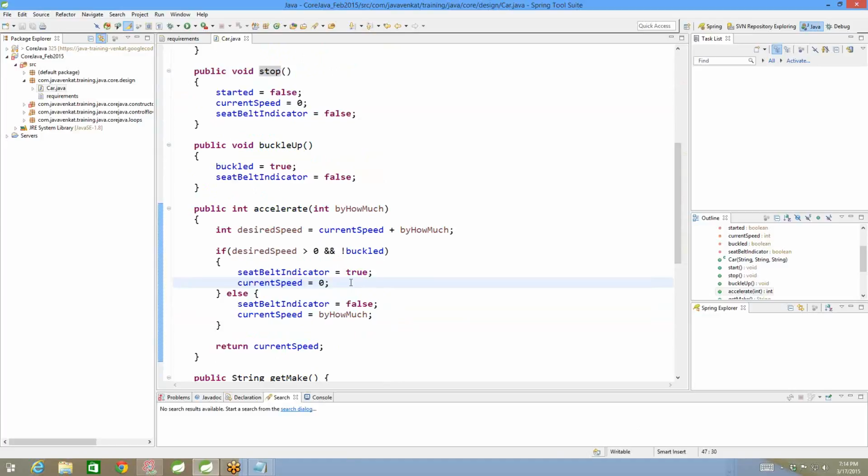It is still running. It's still in started mode, but you are bringing the current speed down to 0, meaning it will not be moving anymore. Are you with me? If desired speed is greater than 0 and not buckled up, then this is what you're doing. You are essentially making the car not move. Otherwise, meaning either your desired speed is 0 or you are buckled up,